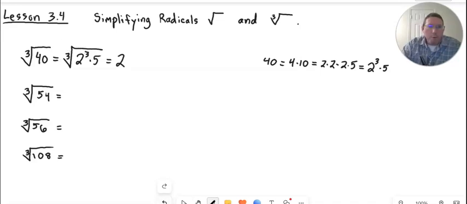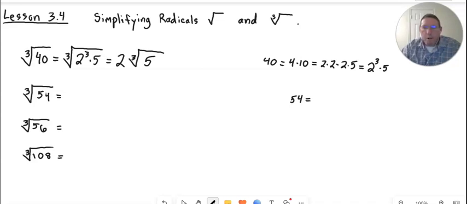All right, so we're going to have 2, and then the cube root is still going to be here. Under the cube root is going to be the 5, because the 5 does not have a cube, therefore it cannot come out of the cube root. So we have 2 cube root of 5. Okay. All right, so for this one, the cube root of 54, let's identify the prime